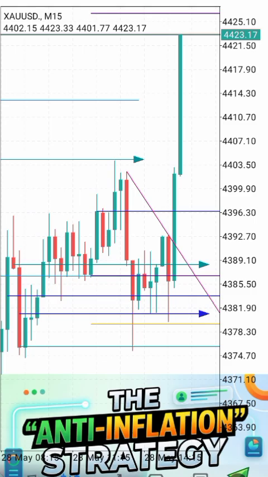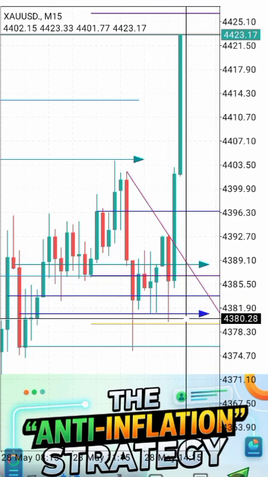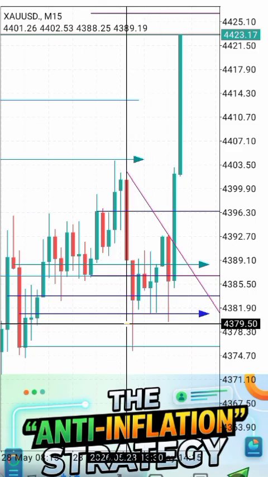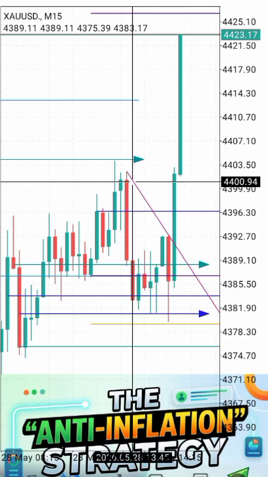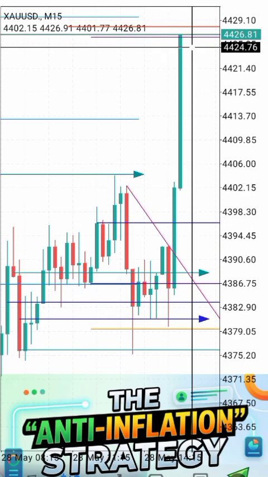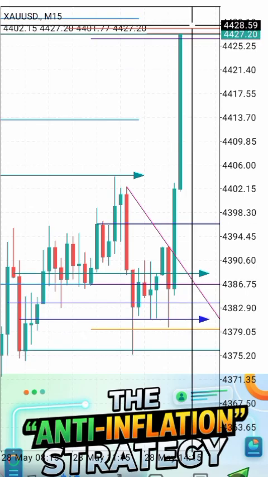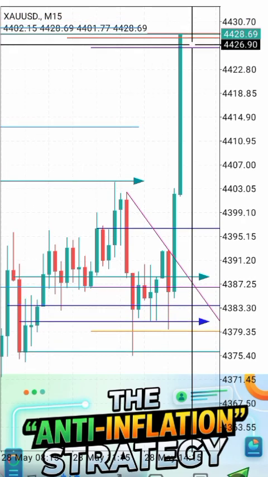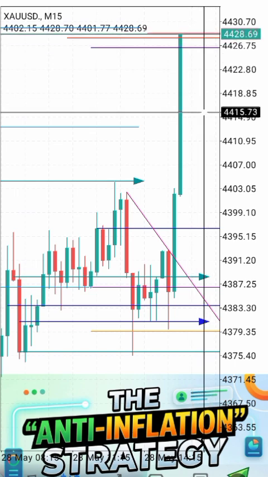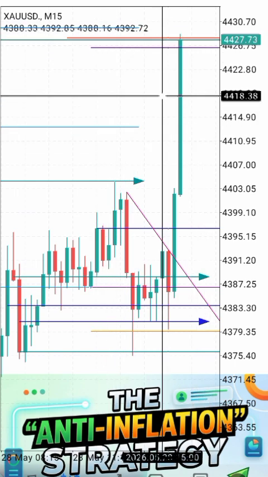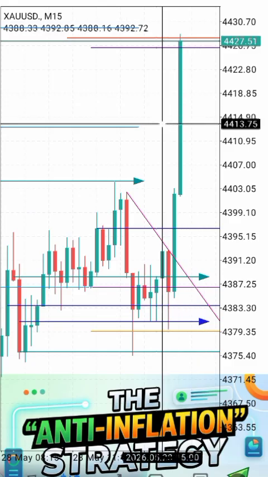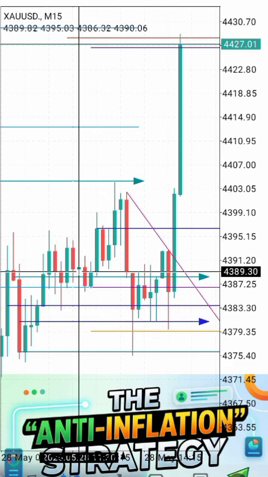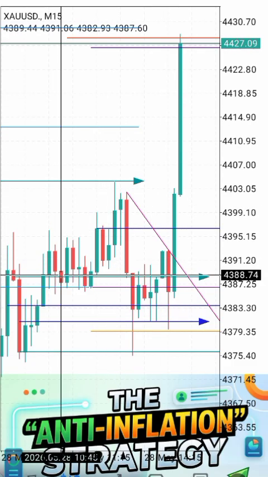Okay, so now we have seen that the market actually went down to the level at 4379 as we had expected, and did the first test. Initially it had gone all the way down to 4375, then it bounced up, and right now the market is making the big move up, yes, with a power move. And this power move from 4427 current price to its opening price, the candle that opened this move, is over